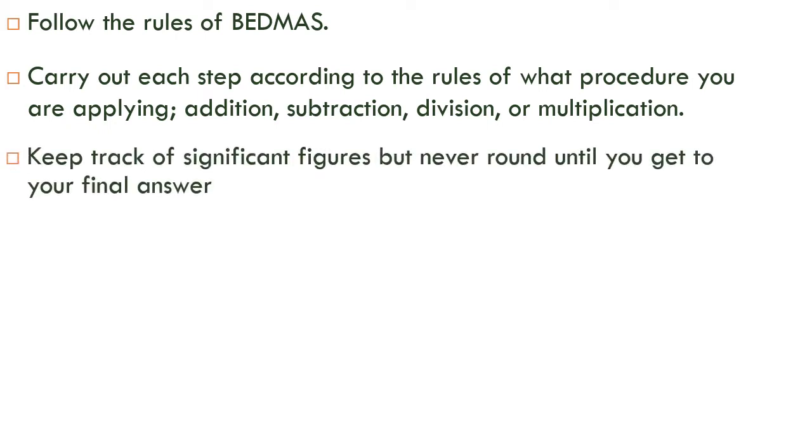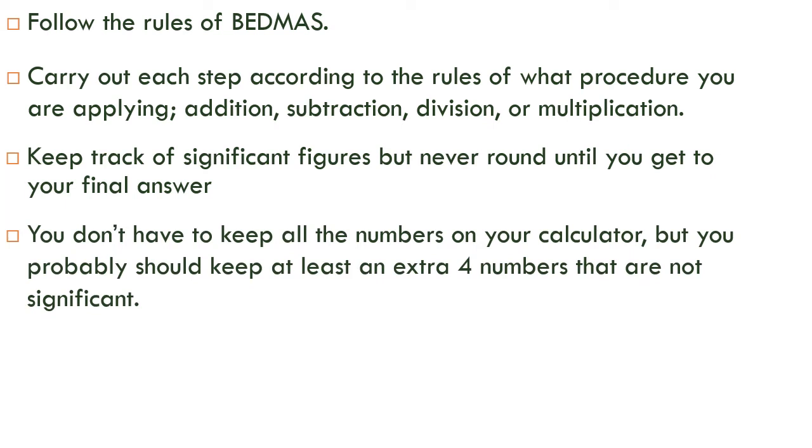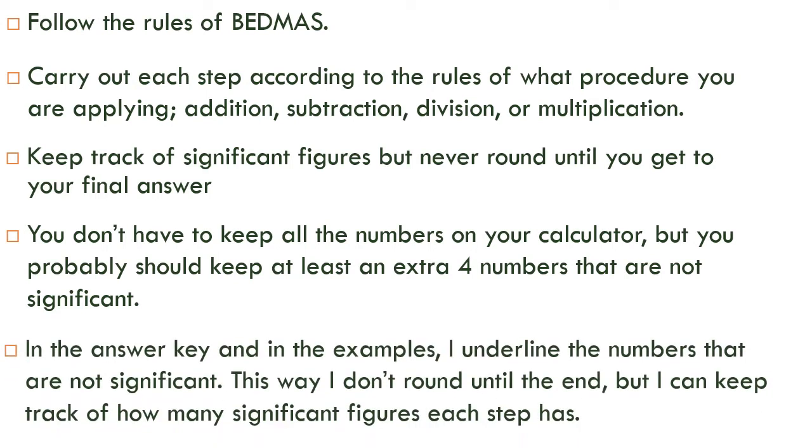You keep track of your significant figures, but you never round until you get to your final answer. You don't have to keep all the numbers on your calculator, but you probably should keep at least an extra 4 numbers that are not significant. In the answer key and in the examples, I underline the numbers that are not significant. This way, I don't round until I get to the end, but I can keep track of how many significant